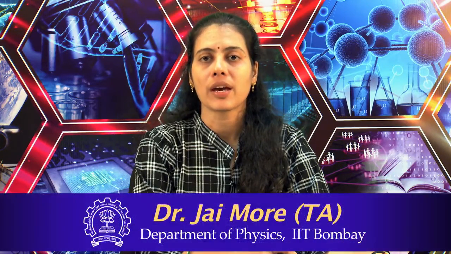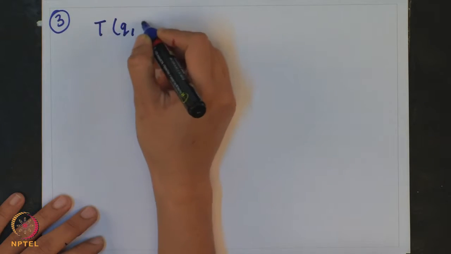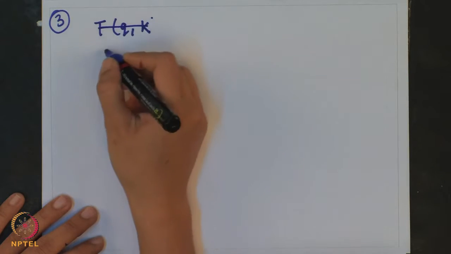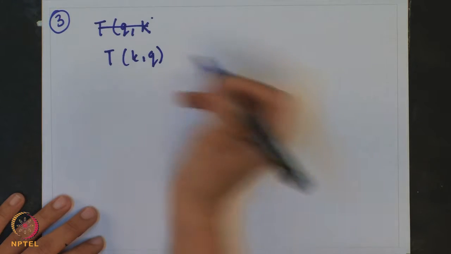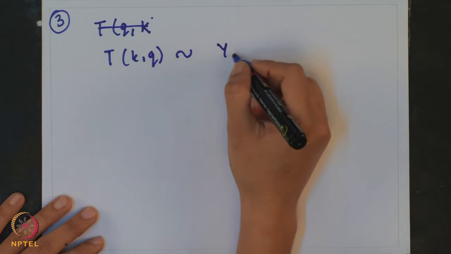Now, the next problem is to write x, y and x, z and also x square minus y square as the component of a second rank tensor. You need to recollect here, in problem number 3, that in the tensorial notation, if I write T k comma q, these can be written in terms of the spherical harmonics